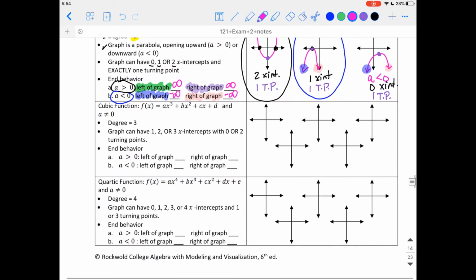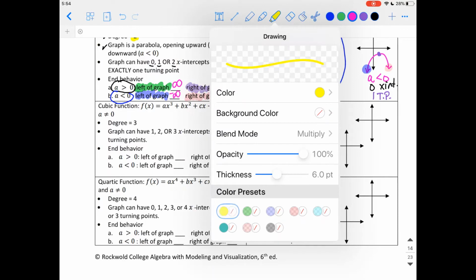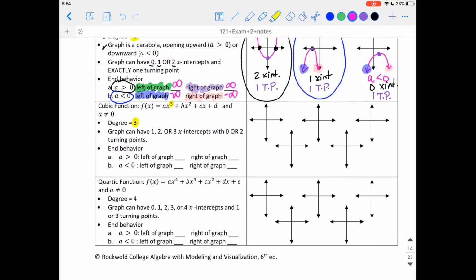All right, so a cubic function. So f of x is equal to ax cubed plus bx squared plus cx plus d. And a can't be 0 because if the a is gone, then we're left with a quadratic, or a line if the b is gone as well. So we can't have the a equal to 0. So the degree is 3. So again, degree, highest exponent. And we have here that it can have 1, 2, or 3 x-intercepts